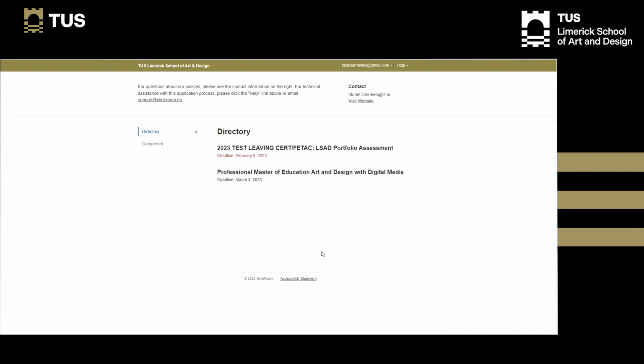The next thing you'll see is the portal for the portfolio site. And you'll see here there's two possible courses to apply for. In most cases, you'll only see the upper option, and you'll see that this is a test version for the purposes of this demonstration. So this is the portfolio assessment site. So I'm going to click on this,